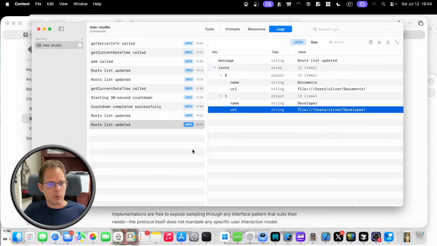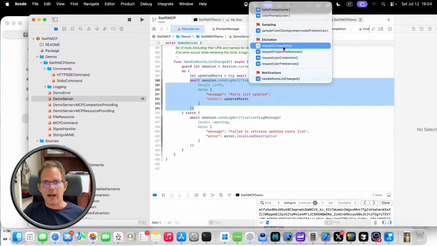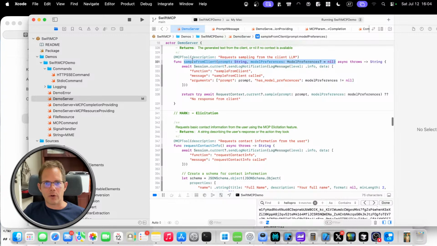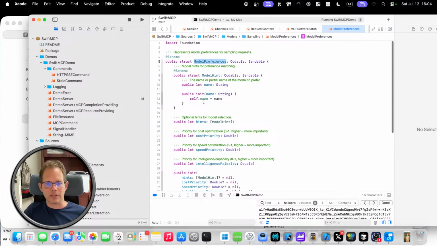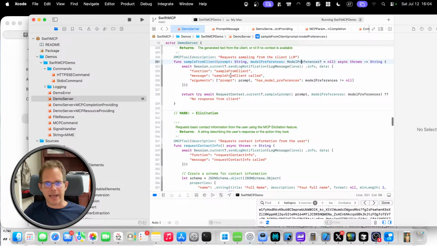So what I have in the demo server is a sample from client function, and this function can take some model preferences. So you can say, I want o1 or Llama, with cost as a priority, speed as a priority, or intelligence as a priority. That helps it select the model. And then you send it a prompt, and